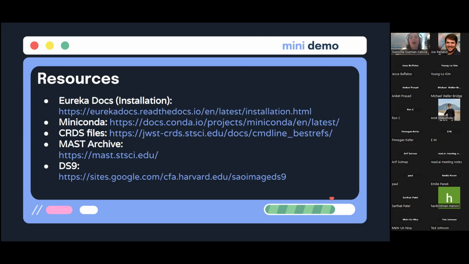The CRDS files, we will go over what that is, but they're basically reference files for calibrations from JWST, and those can be found here, with more information about them. I will also show how to set them up automatically with the code. The MAST archive is where you actually get all of your raw data. If you're working with JWST data, you want to go to the MAST archive to look for the data that you want. And we'll also go over a little bit of how that